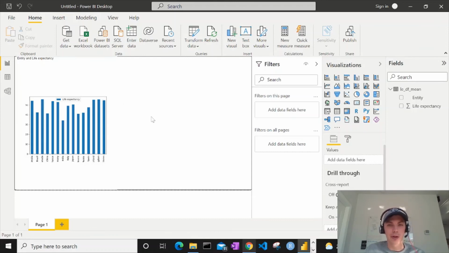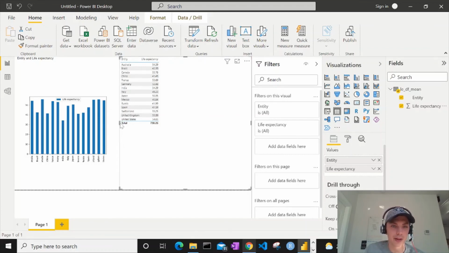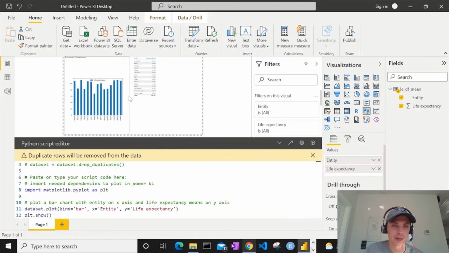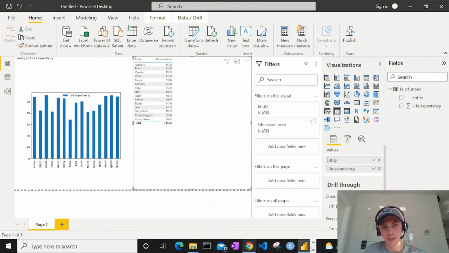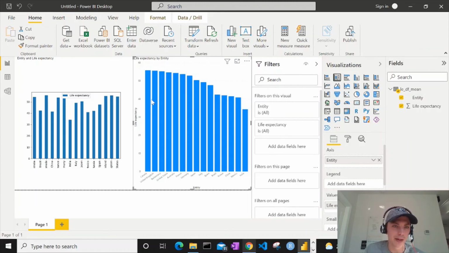I am just going to quickly show you now. If you click over here on the right and then click entity and life expectancy again, it's very easy to recreate this in Power BI. So I'm going to do just some resizing so it's a nice clean side by side. If you click the Python visual, it's going to bring your script up again. So just click out of it. If you select your table now, right, this is a table right now, it's on this visual, but we want a bar chart, like a stacked column chart it's called. So you can just click on this one, and now we basically have the exact same chart here as we do over here,